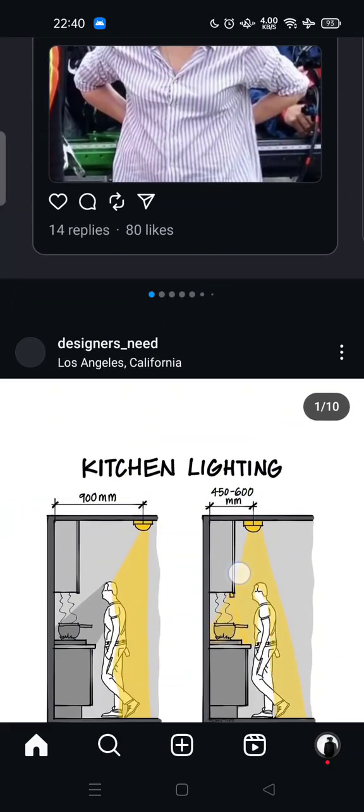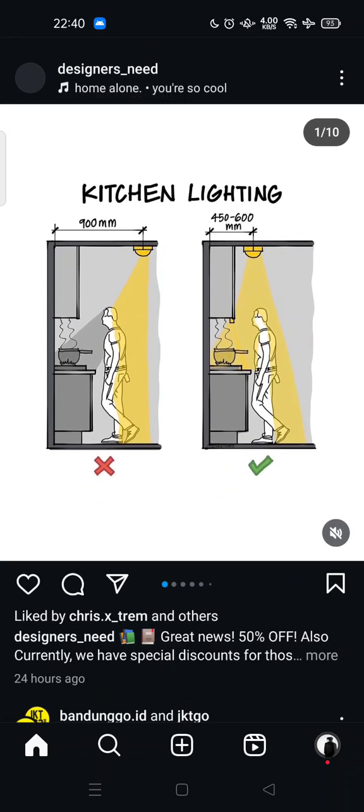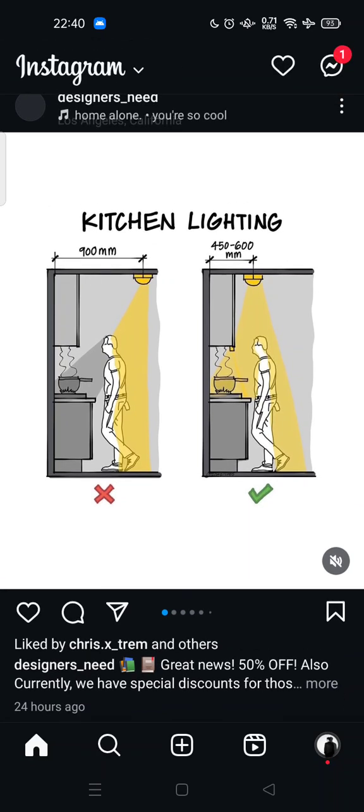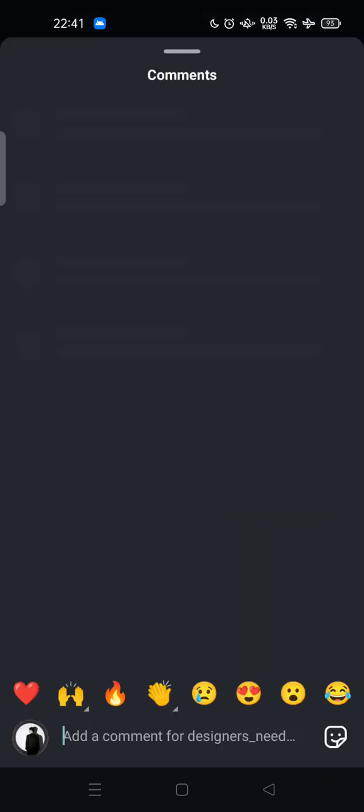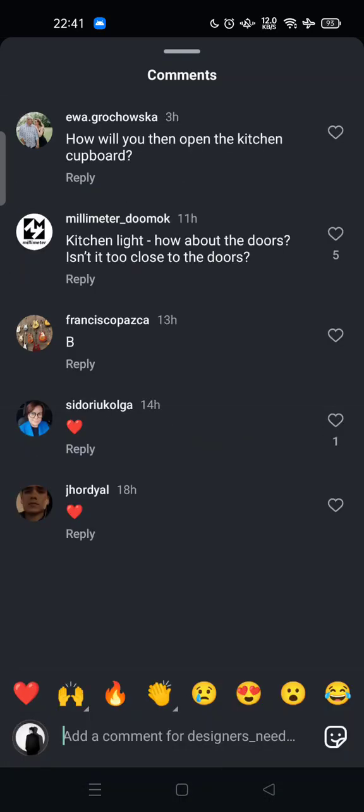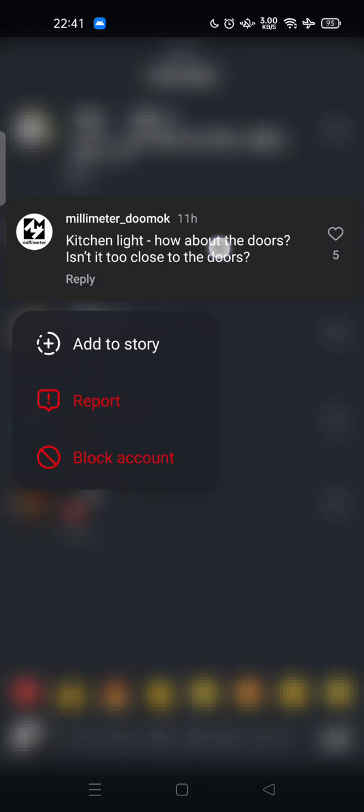Today I'm going to show you how you can report a comment on Instagram. Maybe you encounter some hate speech or bullying in a comment on someone's post on Instagram, and you decide to report it. So here, for example, let's open one of the comments. You can hold the comment